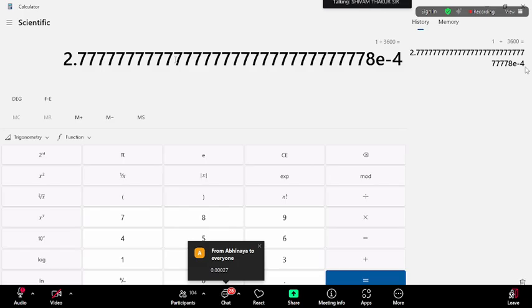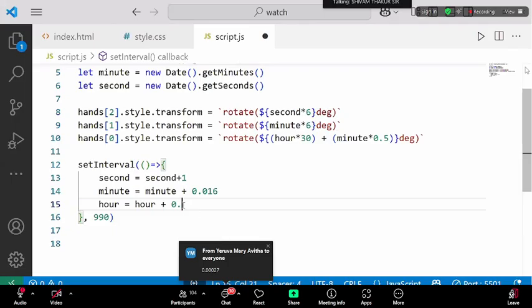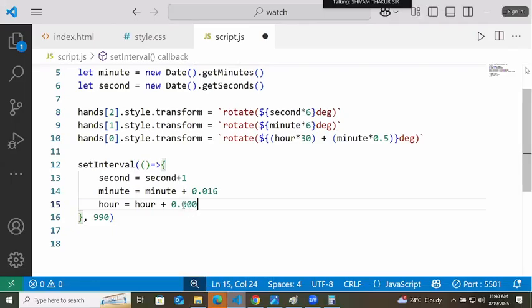It is 0.00027. But multiple 7s are there, so 8 and then here 7.